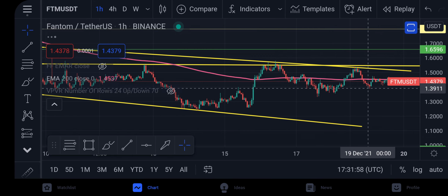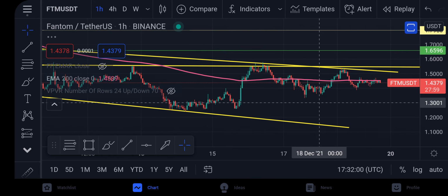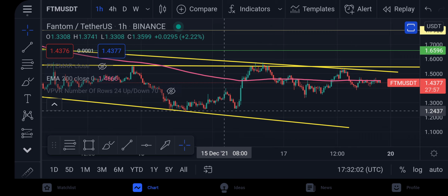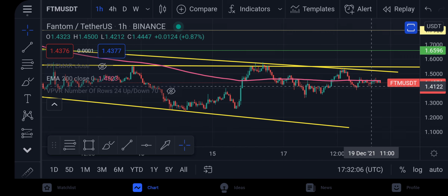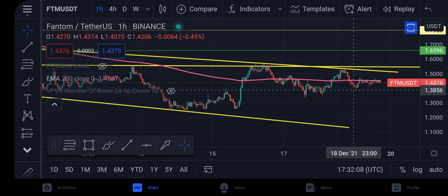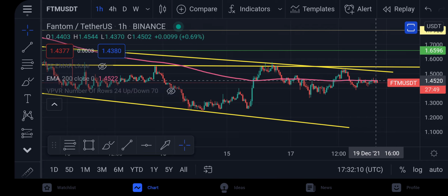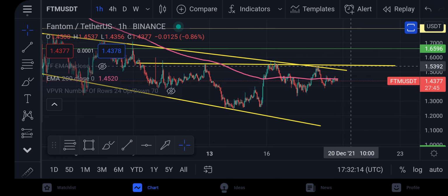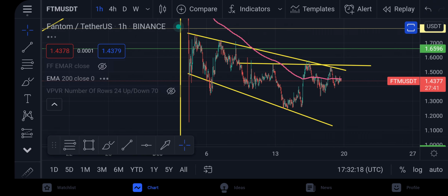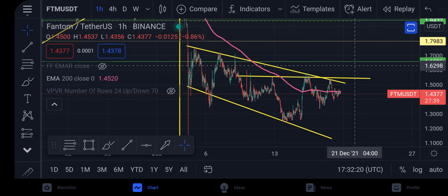So if I zoom in a little bit here, you can see, first of all, obviously this low here is higher than this low, which is great because this is the head. This is what we thought could be the right shoulder. But again, we have created another higher low. So we managed to turn around quite quickly, which suggests we can go now and have another attempt at our neckline, which is absolutely fantastic for Phantom and could suggest some good movement to the upside, clearing us through firstly